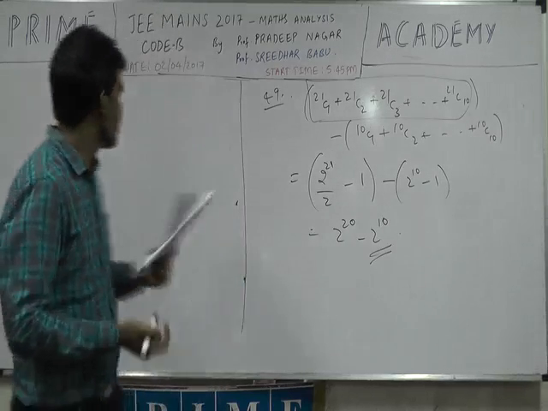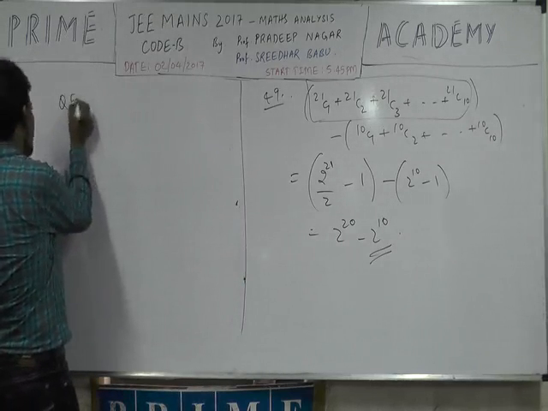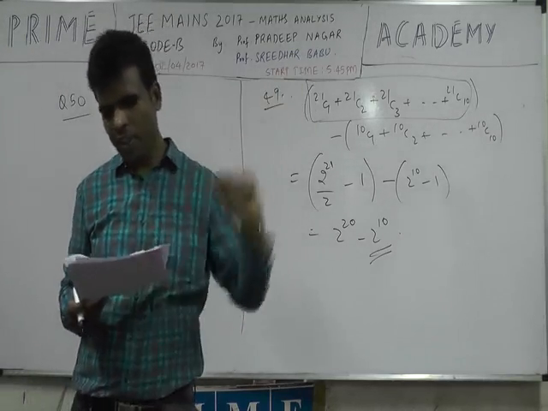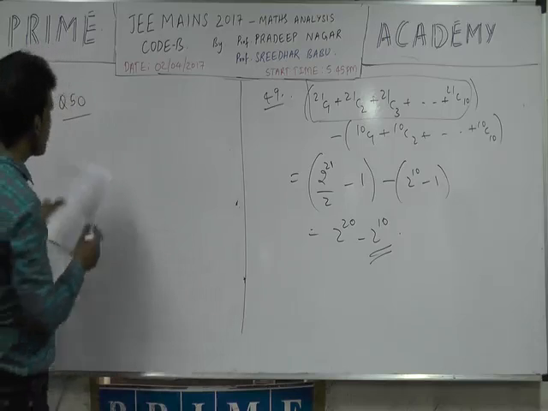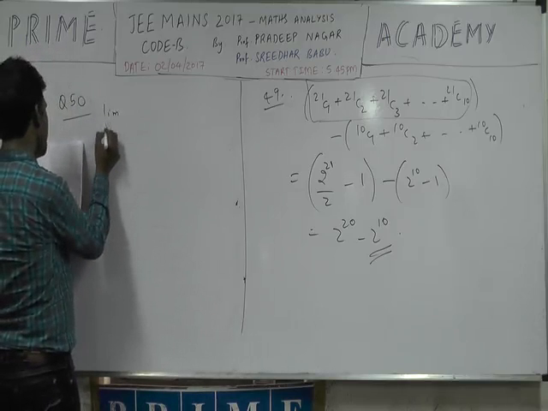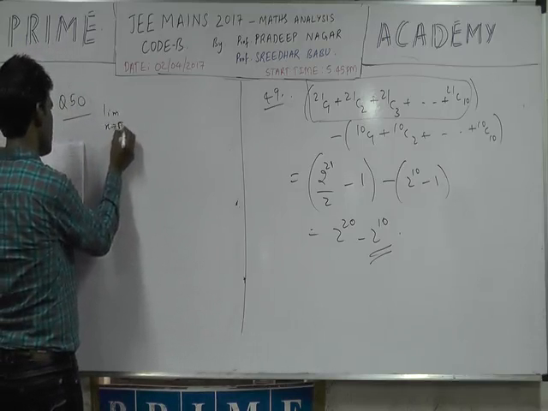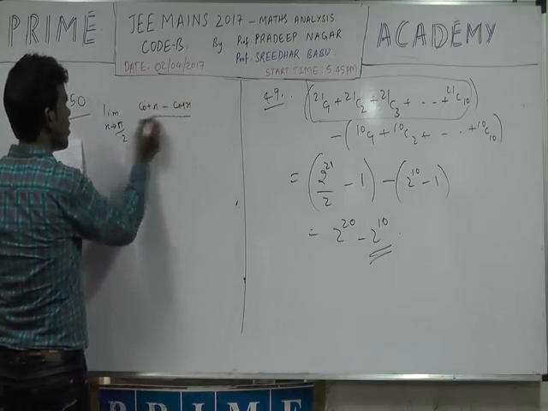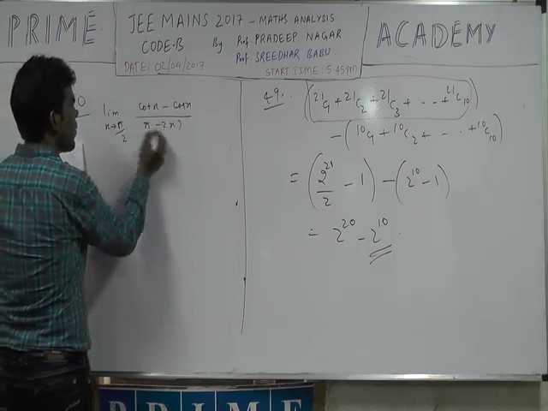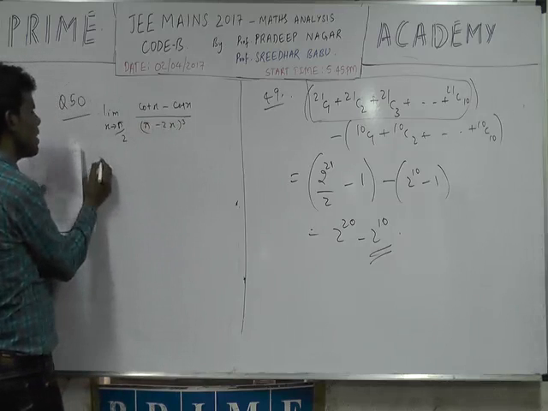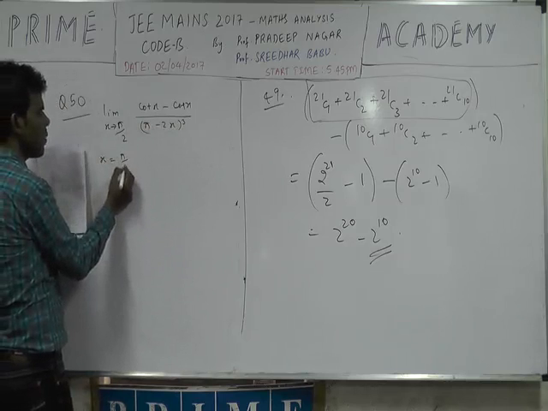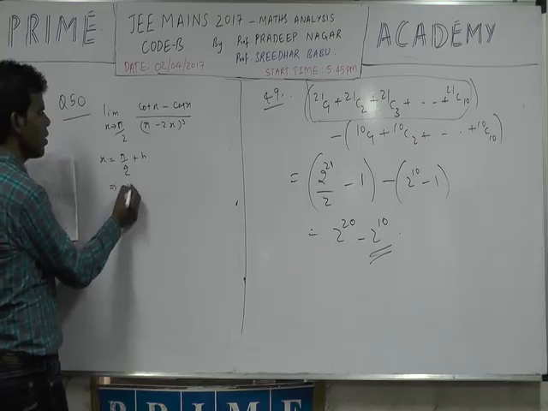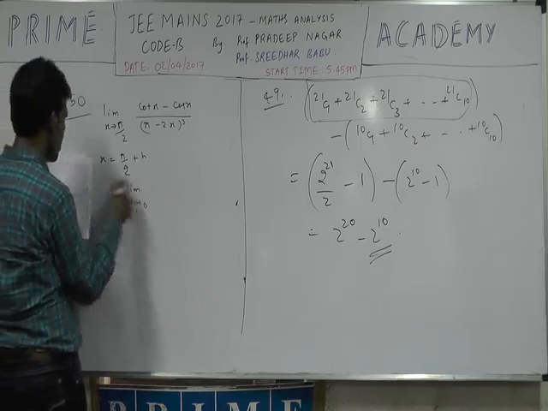Question number 50. This is one of the standard questions of limits, a board level question, a standard CBSE board question. The question is limit x tending to pi by 2 of cot x minus cos x upon (pi minus 2x) cube. You can easily solve it simply by putting pi by 2 plus h as x. That will give you limit h tending to 0 of this one